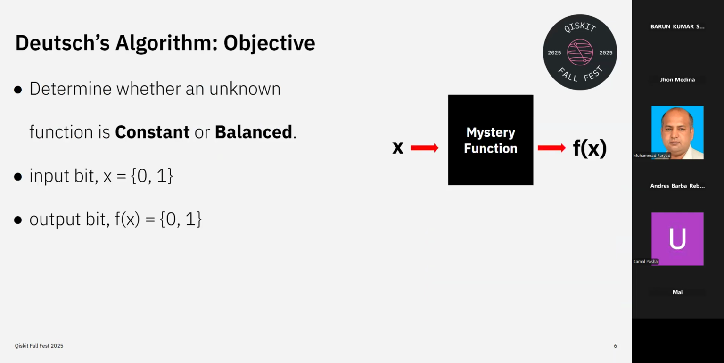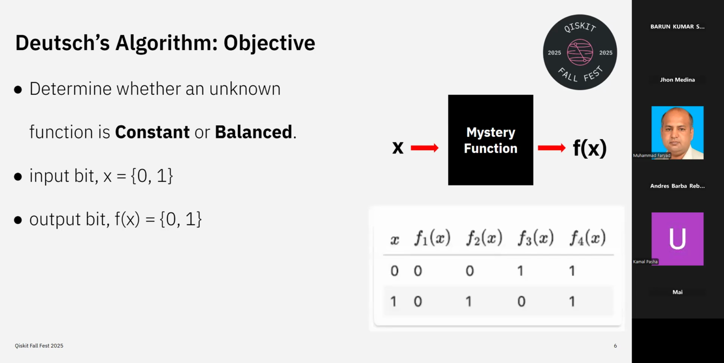Okay, so let's talk about what the objective of Deutsch's algorithm is. Our problem is that we have this black box, and within this black box, there is a function unknown to us. In this case, the function is one that takes one input bit of either 0 or 1, and then returns to us one output bit, which is also 0 or 1. And what we want to do is, through the use of quantum properties, extract some information about this unknown function